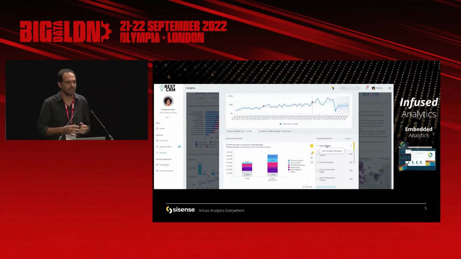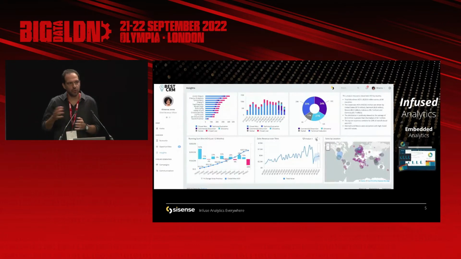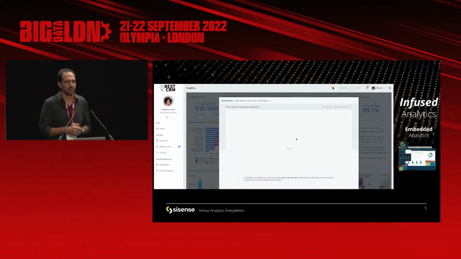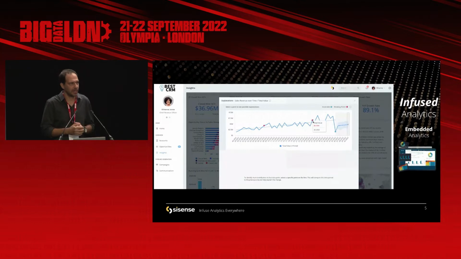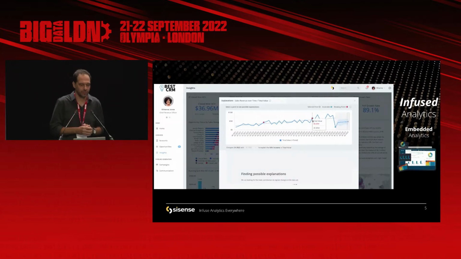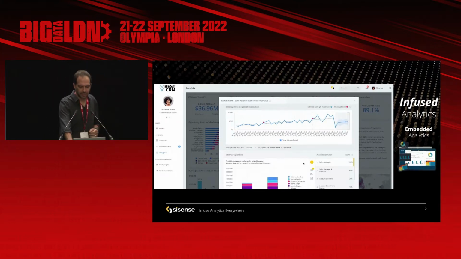So again, she has that part of her day-to-day. This is her job. She doesn't want to go to IT or to the vendor of that solution and ask them for this additional type of model that looks at explanation, figuring out what is the driver of the change. And then the last example is